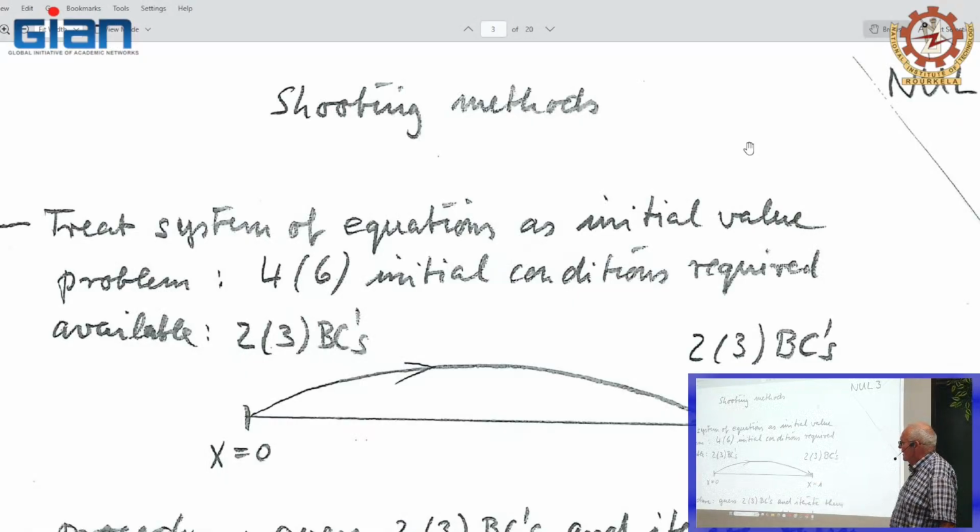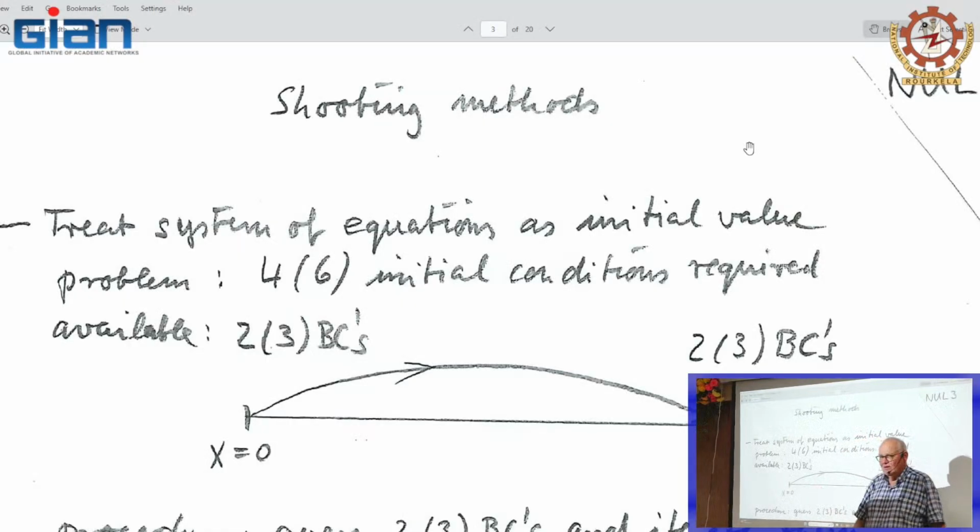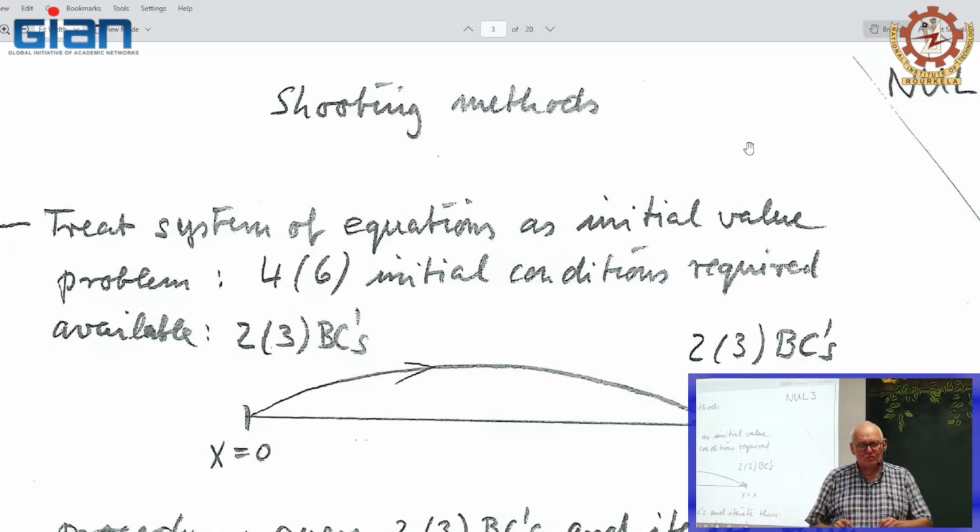This has the advantage that we don't need to prescribe a grid in advance, and you can adjust the integration step during integration